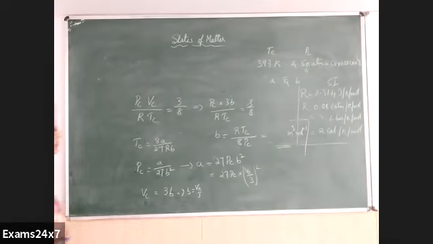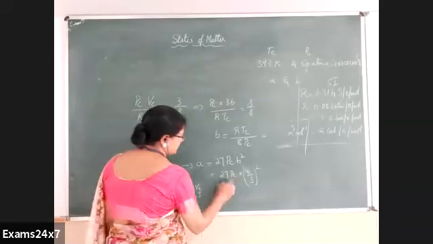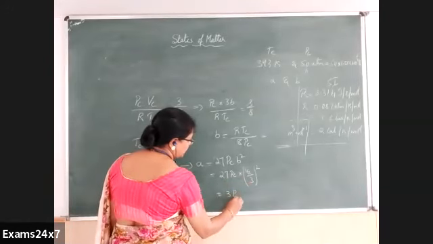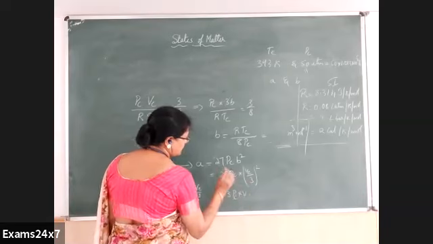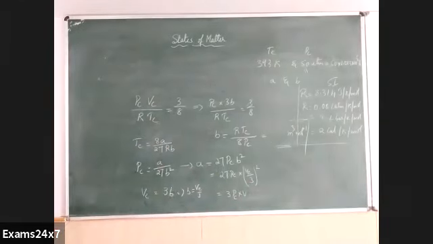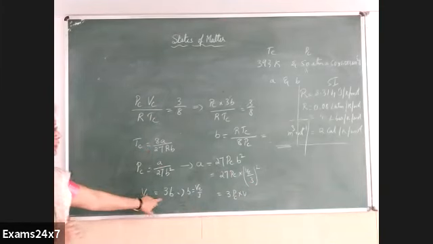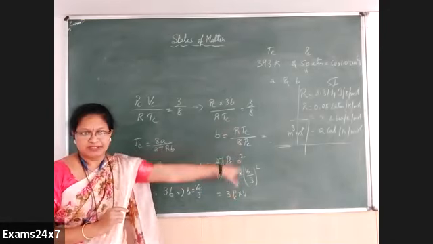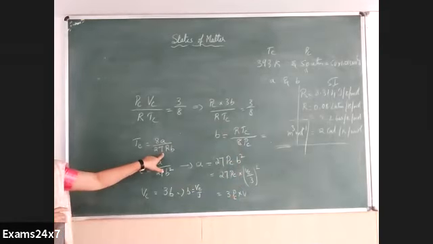This gives you 9. 9 3s are 3 PC into VC square. Okay, VC is not known, no? Instead, you have to take the value of B from here, because this you can't use. If VC is given, you can use this. In the question VC is not given, then you take the value of B from here.